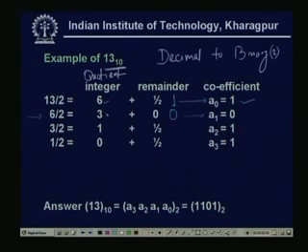Now, that quotient becomes 3. So, again 3 divided by 2 in the next step. The quotient becomes 1 and the remainder becomes 1. So my next coefficient is 1. Now that number becomes 1. So, again 1 divided by 2, now my quotient becomes 0 because 1 is less than 2. So my remainder is 1 and I stop, because it will stop when the quotient becomes 0. This is my last coefficient, that is 1, and I will be taking this coefficient because this is my